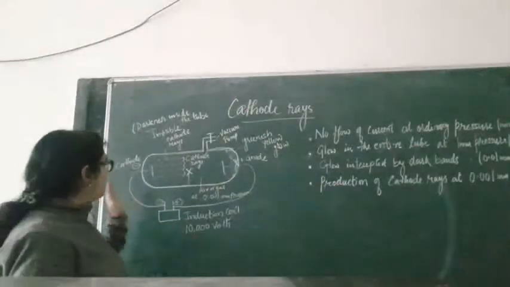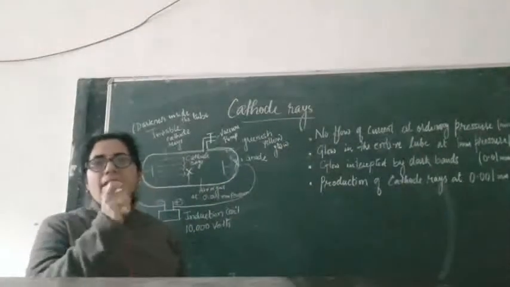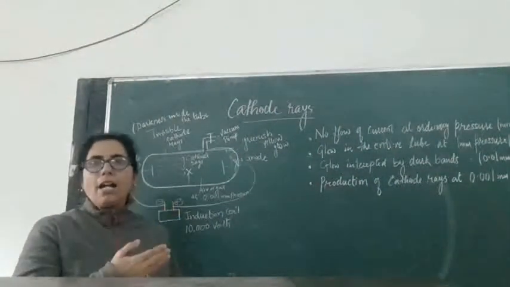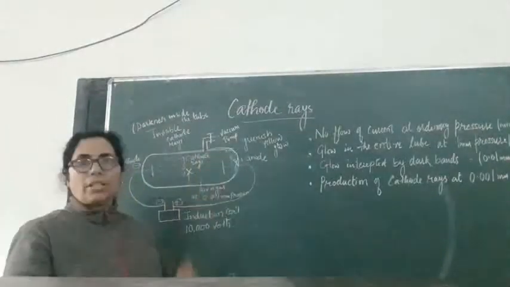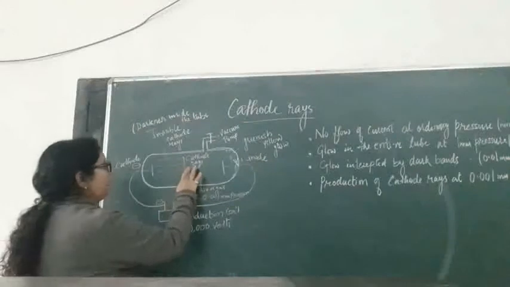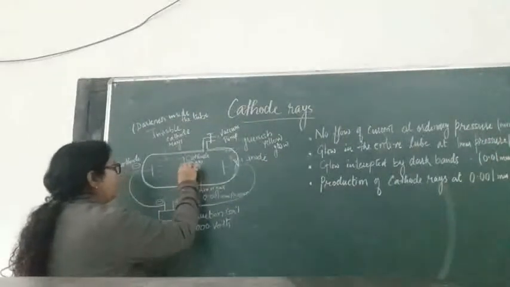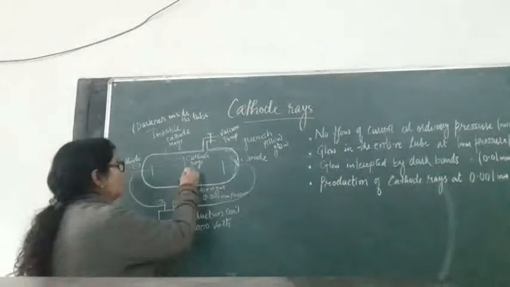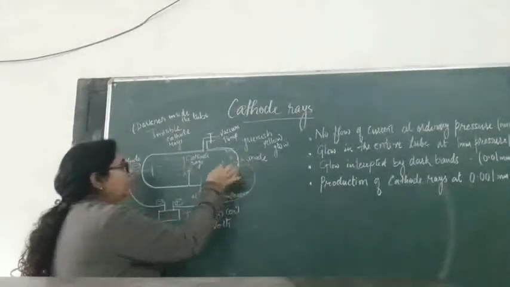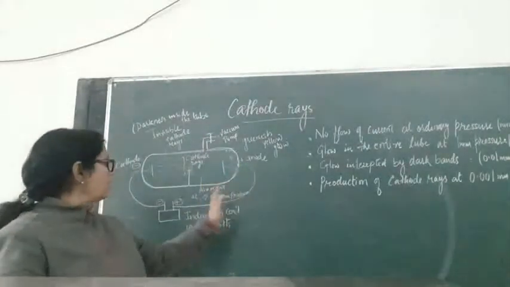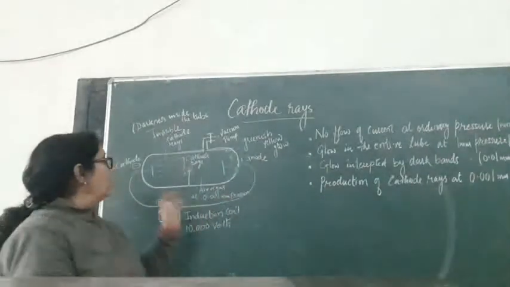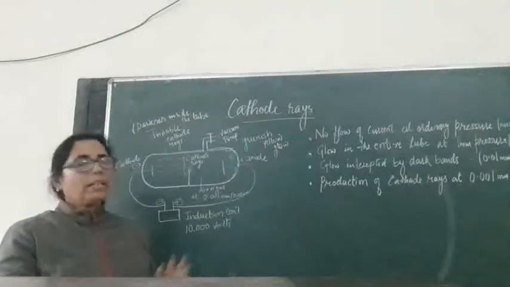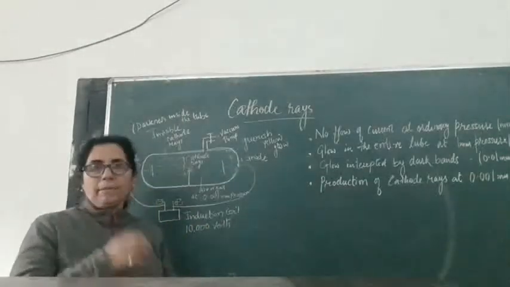That means that these particles, which have a particle nature, give their shadows when they obstruct some hard particles. The next experiment was that they kept a very thin metal plate with a wheel structure like this, a wheel. And it was seen that when rays were passed at this 0.001 mm pressure, the plate starts moving, it starts rotating, which again shows that they are made of particles.